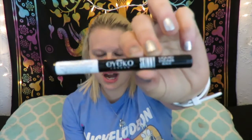And the last thing that is in our little box is by Ico. It is the Skinny Liquid Black Eyeliner, which I think we had gotten in another box. I can't remember which one, but I know I've gotten this eyeliner before and it works amazing. So here is the Ico eyeliner. And it says, if you want to achieve a subtle look, a subtle and defined line, or